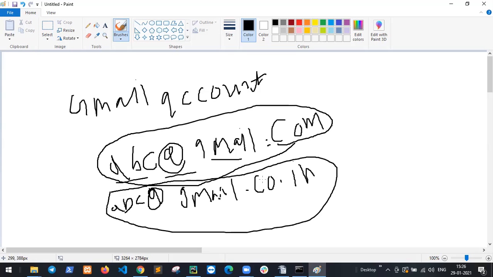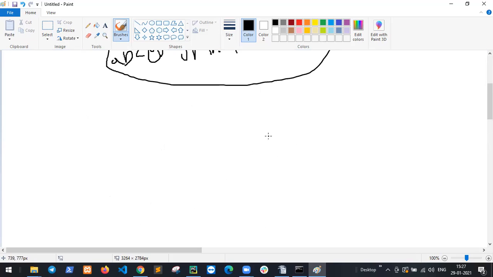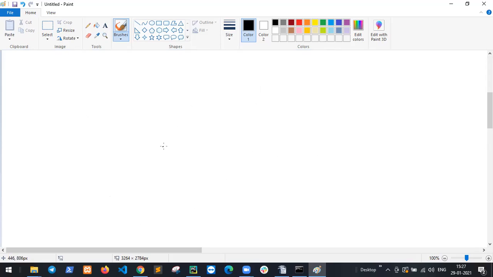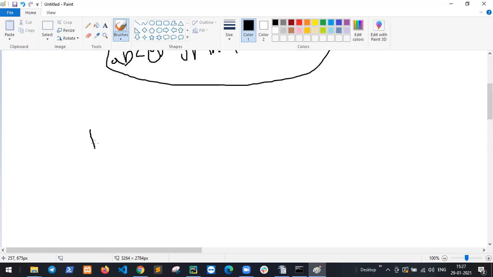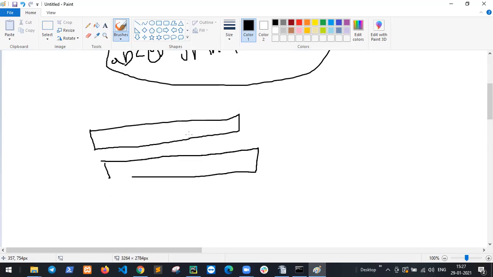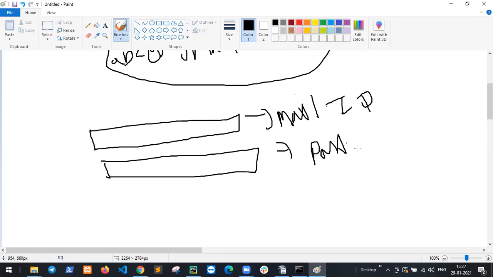Okay, if you want to create a Gmail, if you want to create one for front end development and testing purposes, how do you check? There are two options. First of all, this is the mail ID, and then check the password. So create the mail ID. How do you create mail validations?